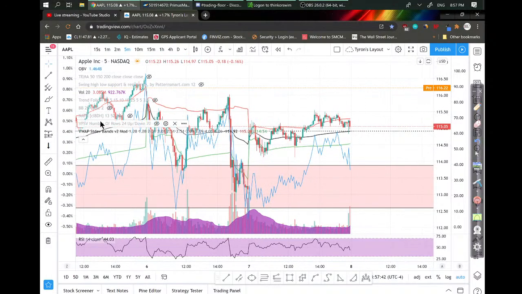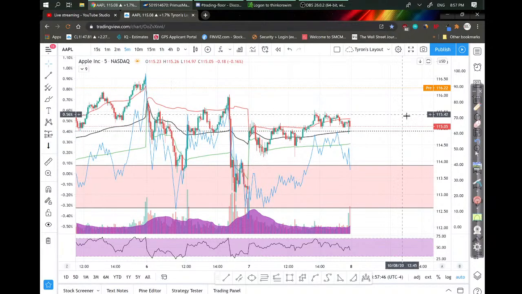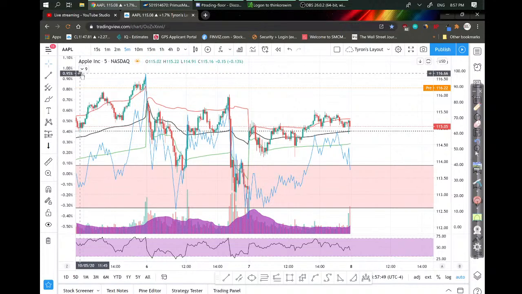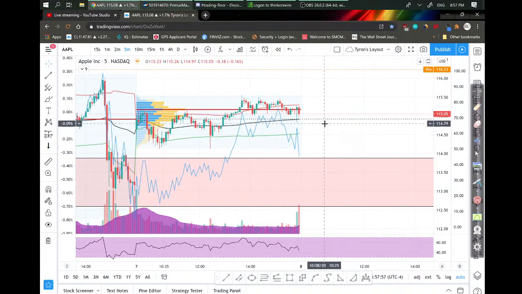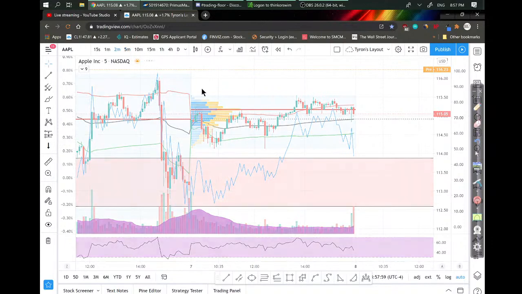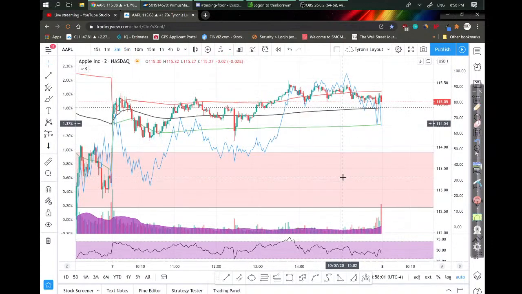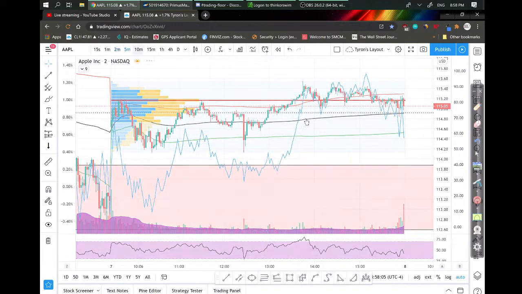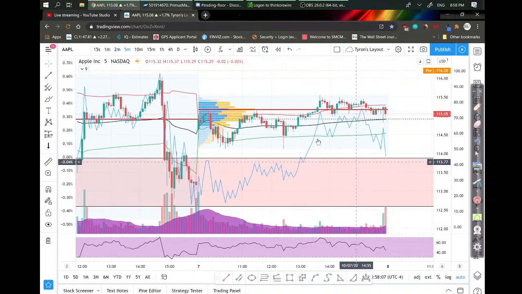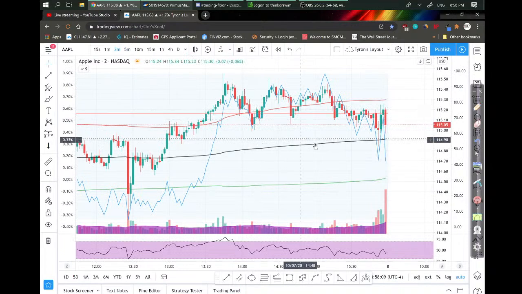So another thing you can do is also put the session volume in there, right? The session volume. Where did they go? There we go. So now you get the session volume in there, right? And if you go into a 2-minute chart, you can see this more clearly, right? And actually the 5 minutes probably the best here. Actually, 2 minutes. So